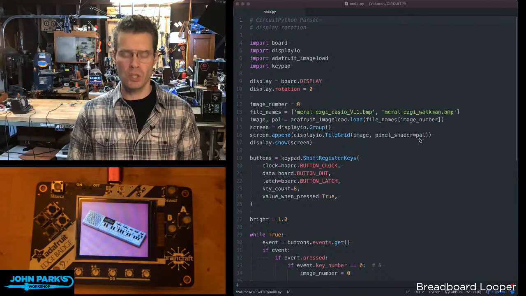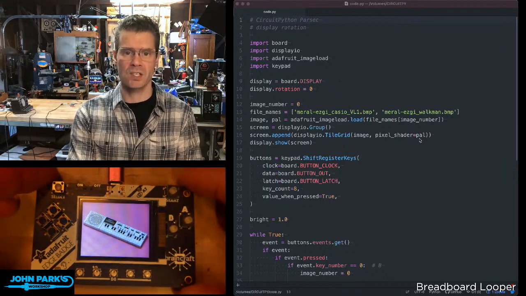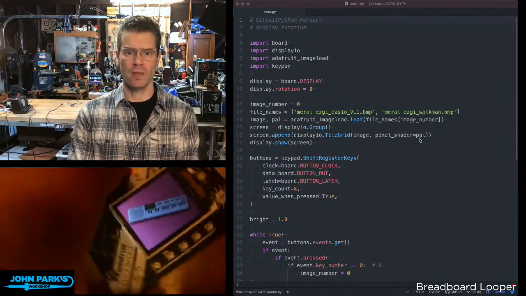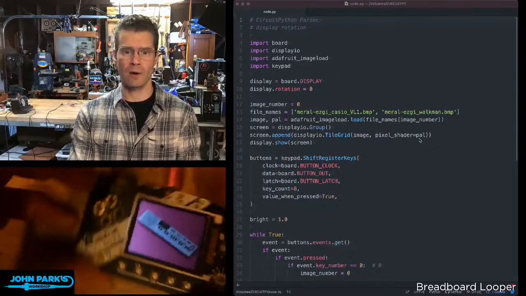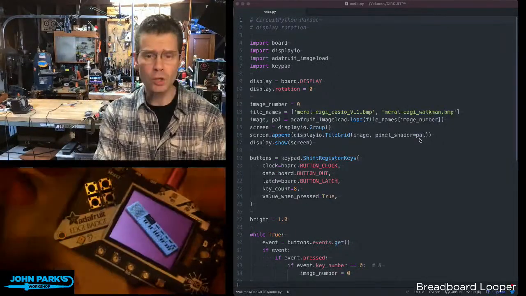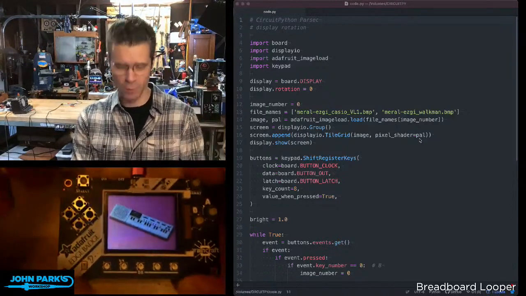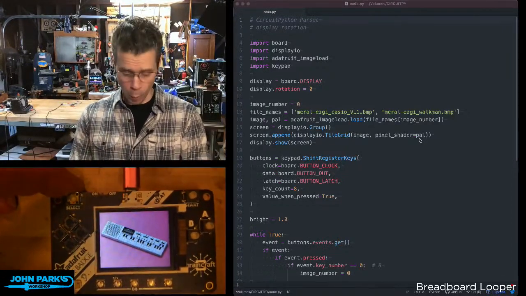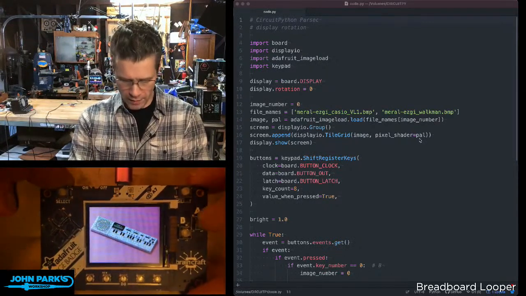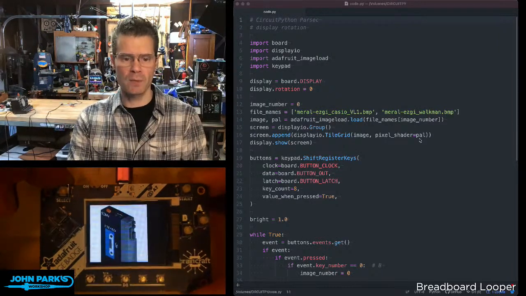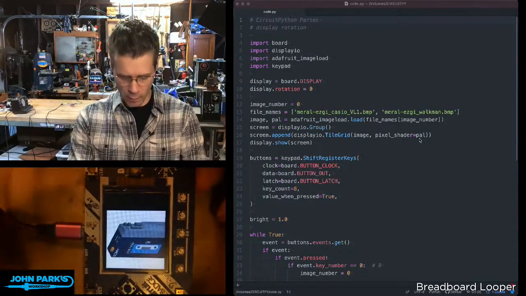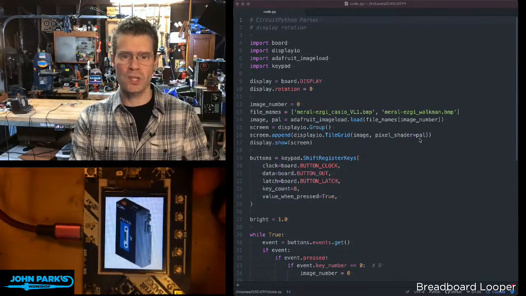When you display an image, you have a choice of your orientation. Is it essentially a sort of horizontal display, either in that orientation, or is it a vertical display, either that way or that way? And depending on how you have a thing mounted or how you're using it, you may want to pick different orientations. So what I have here is an example of some cool little pixel art. This is of a little Casio keyboard, and then when I press A, I can switch to a different image, but you can see this image has a vertical orientation, so it makes more sense to turn the screen this way. And when I do that, I'm going to want to switch the display rotation.